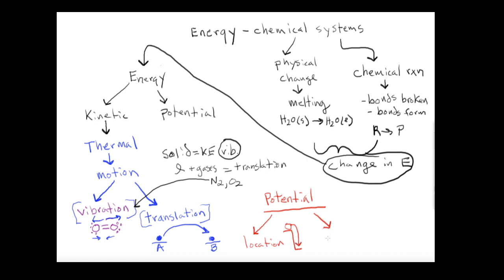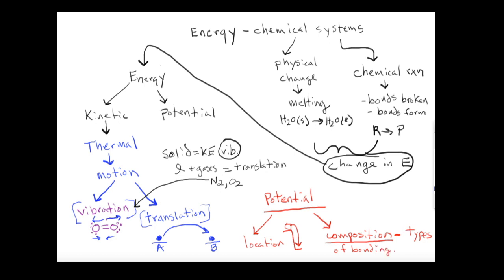However, in chemistry, quite often, in fact, even most of the time, we're talking about a form of potential energy that's called composition. And what this is about are the types of chemical bonds that compose the things that are interacting. So this would be the types. We can simplify this. We'll say this is the types of bonding.